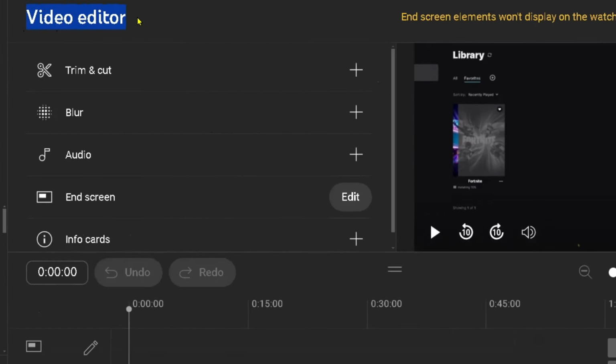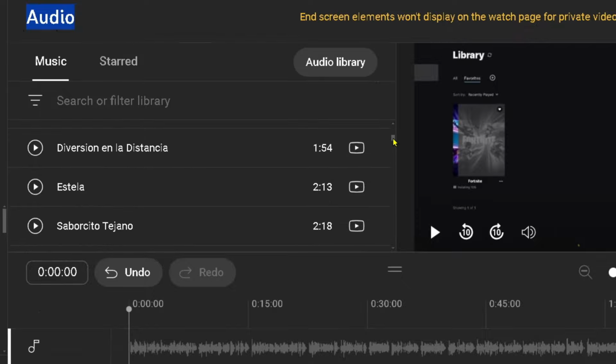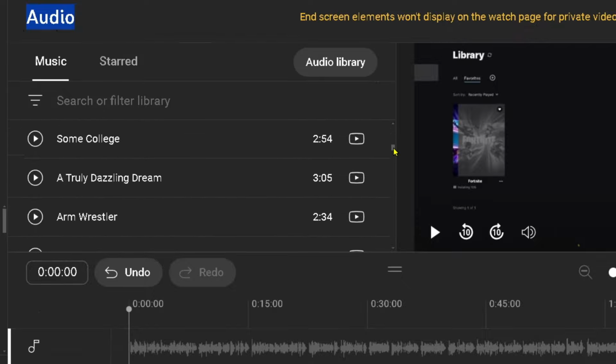Now, this is going to bring you to the video editor, and if you have a look down, you'll see audio. And to add audio to your video track, what you want to do is select the plus sign to add audio. Now, here's where you're going to see the audio library, and it has a bunch of different music